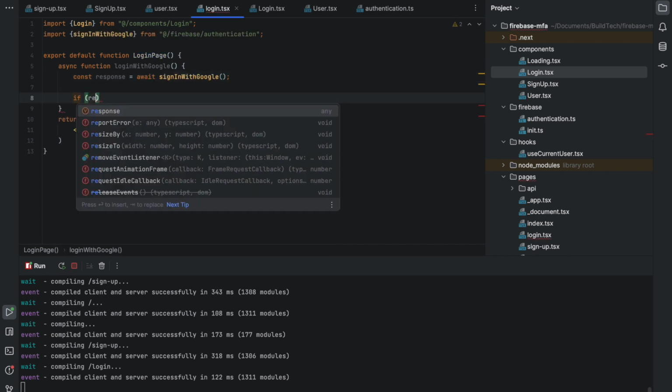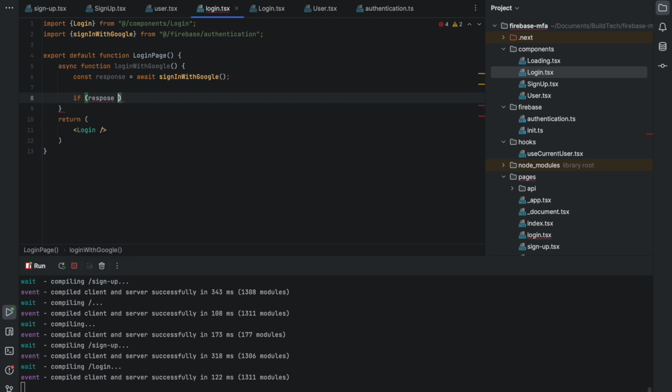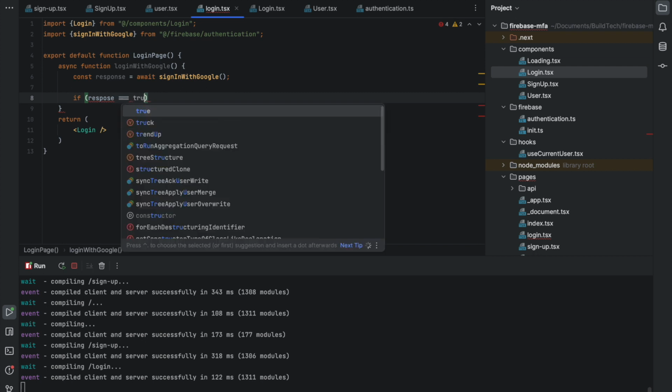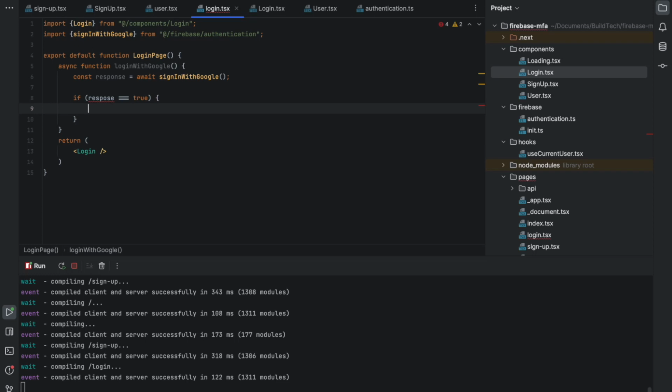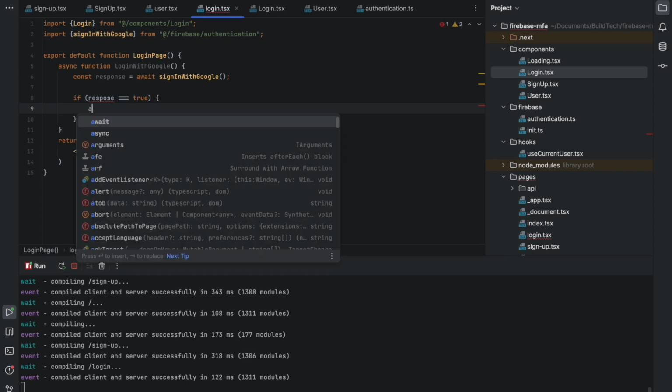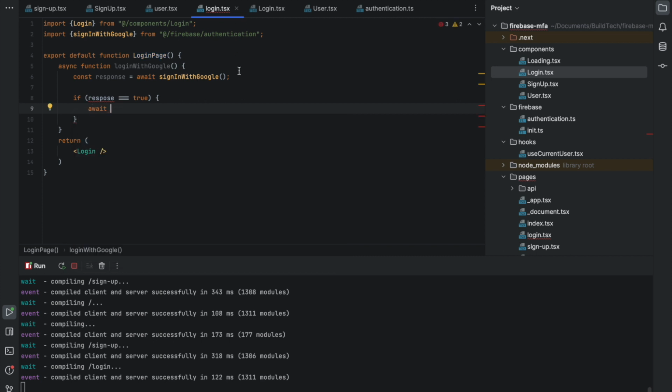If the response is true, okay, if the response is true, what I have to do, I have to redirect my user to the user page. For that, I have first to call